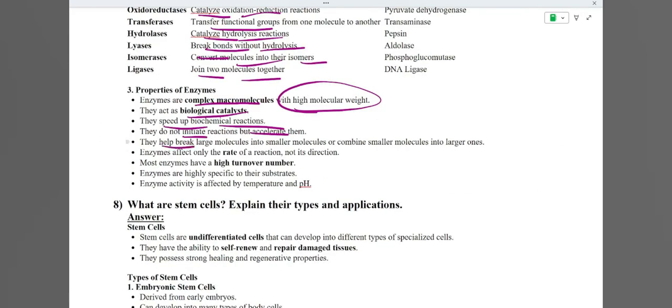Enzymes accelerate reactions. They help to break large molecules into smaller ones and combine small ones into larger ones. They only affect the rate of a reaction but not its direction. Most enzymes have a high turnover number, and it is affected